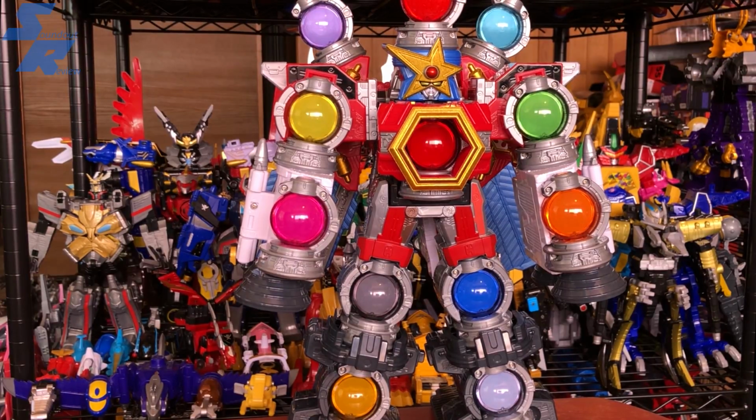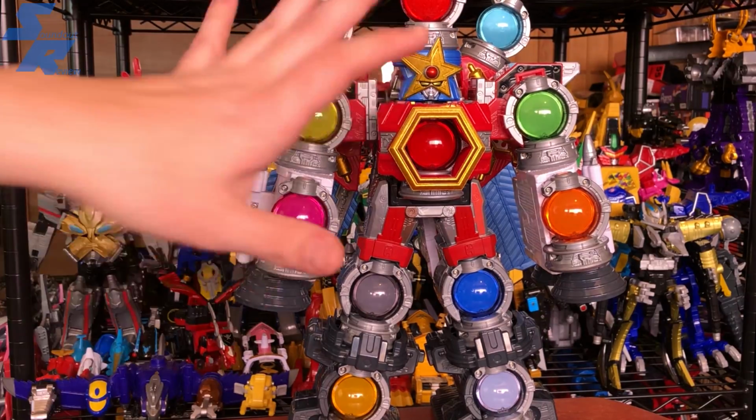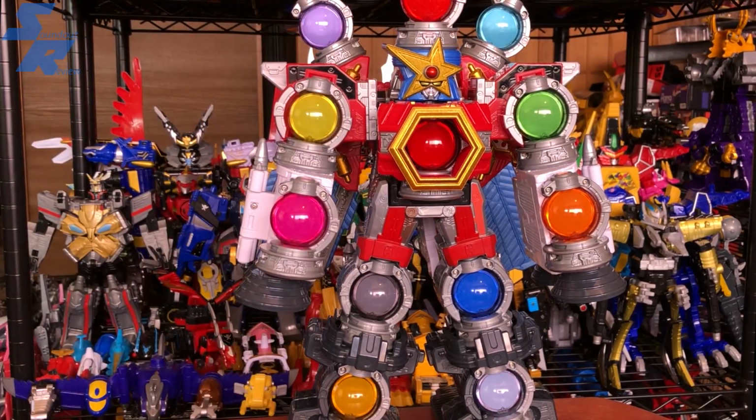But that's pretty much all that Gigant Houou can do. I really like Gigant Houou. I don't really like this combo. I'm definitely going to be splitting this up like the second the camera's off. These are getting split up and put on the display separately. But yeah, overall, that's pretty much it for Gigant Houou. Like I said, I don't have an Orion Battler. So when I do, I'll definitely review it. But yeah,